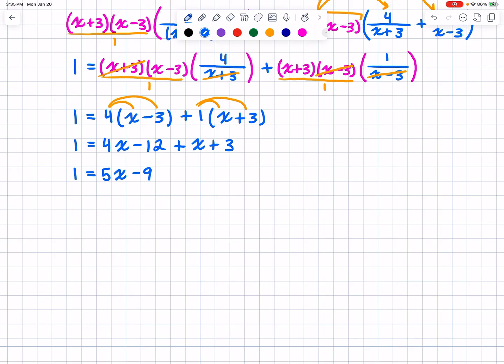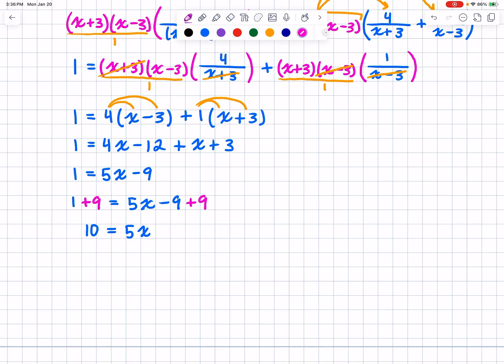So now I want to get the x by itself, so I'm going to add 9 to both sides. So I'm going to go 1 plus 9 equals 5x minus 9 plus 9. So on the left-hand side, I'm left with 10 equals 5x. 10 equals 5x. And now I want to eliminate the 5x, so I'm going to multiply both sides by